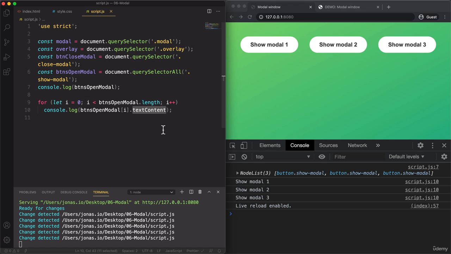And instead of simply reading the text content property, we will call the addEventListener method, just like we learned in the last project. Okay, so remember, in order to respond to a click event, we will attach an event handler function to the element. And event handler and event listener are pretty much the same thing. So that's why this method is called event listener. So let's say addEventListener, and then the name of the event, and that is once more the click event. And then the second argument is the function which will contain the code that should be executed once the